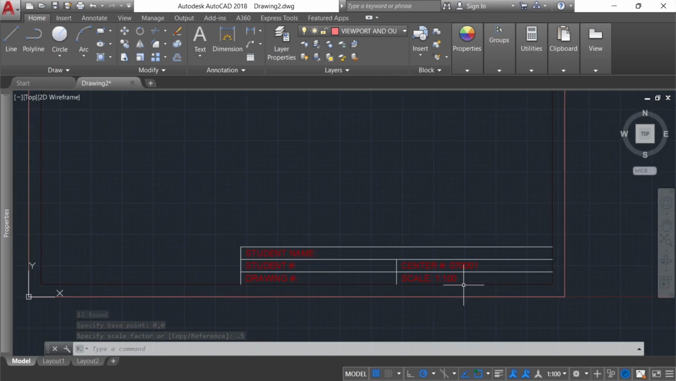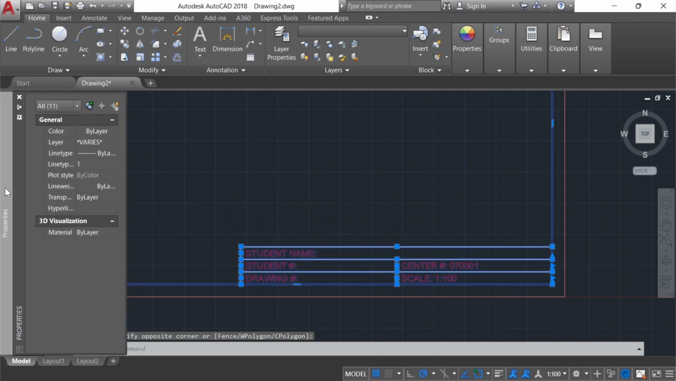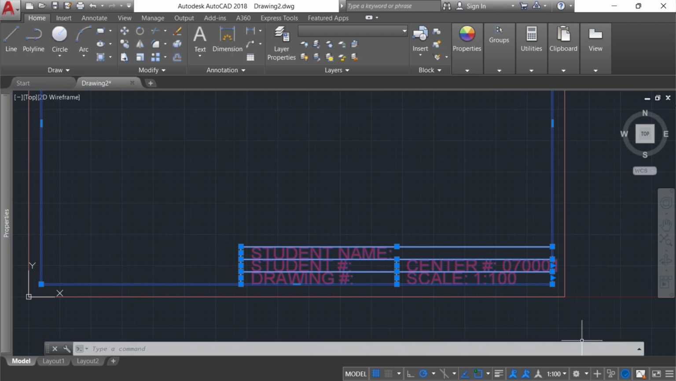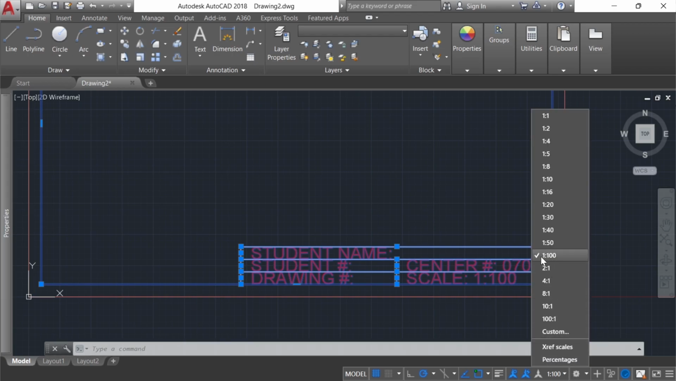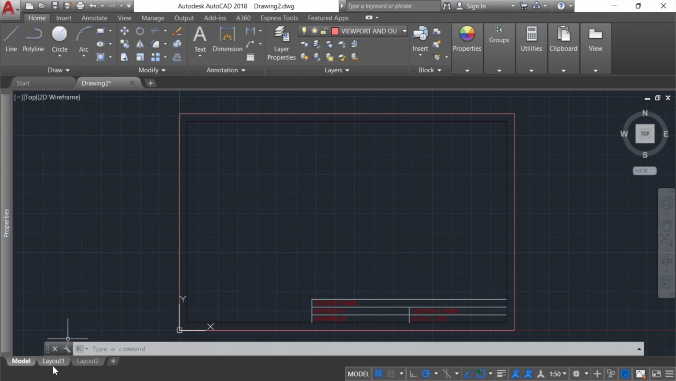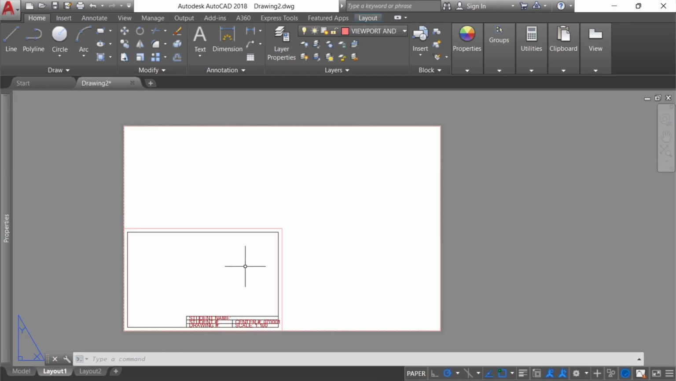Now the next thing that I want to do is I'm going to select the text and I'm going to change the size back to 5. The reason is when I change the scale here to 1 to 50, it'll be back to 5 millimeters within that scale. Now that's all we have to do for the model space, but if you go to the layout,